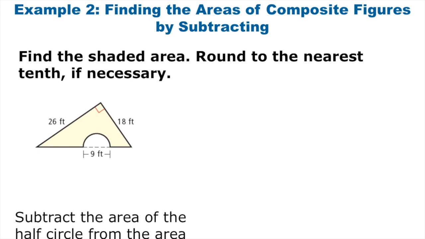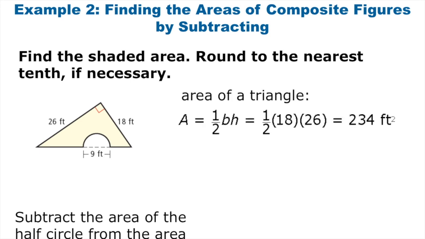Finding the area of the triangle, we'll use 1/2 base times height. The base of the triangle is 18 and the height of the triangle is 26. It may not look like the base and the height, but since it's a right triangle, if you can imagine rotating the figure, 18 could be considered the base and 26 the height because the height has to be perpendicular to the base. So the area of the triangle is going to be 1/2 18 times 26, which is 234